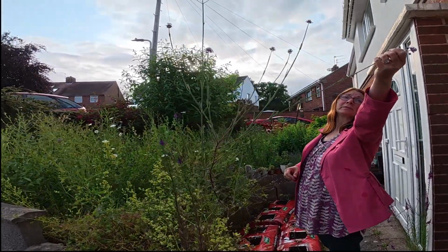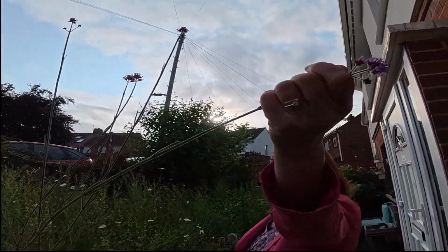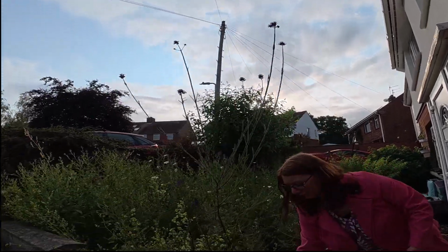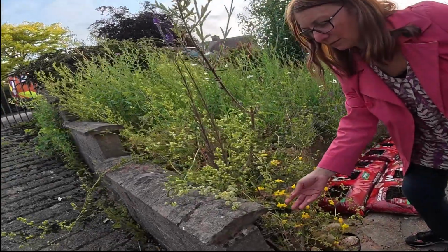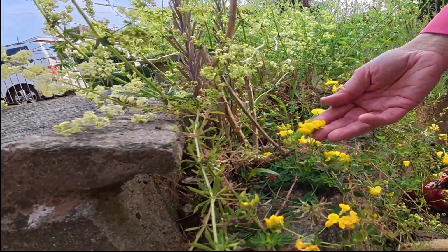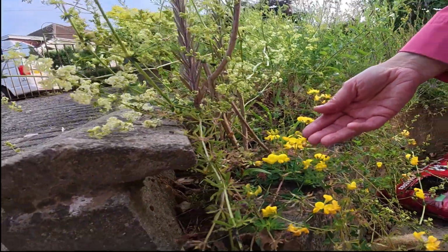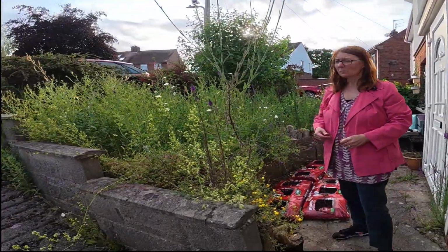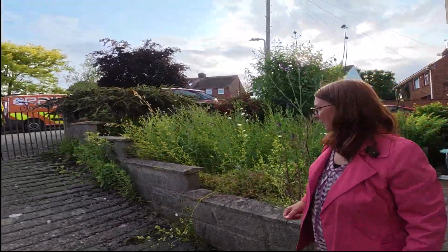Again, we've got different flower shape here with the verbena. And we've got a meadow vetchling, which again, different flower shape again. And the key to attracting insects to your garden, including butterflies, is to have as many different flower shapes as possible. So if we come up here,